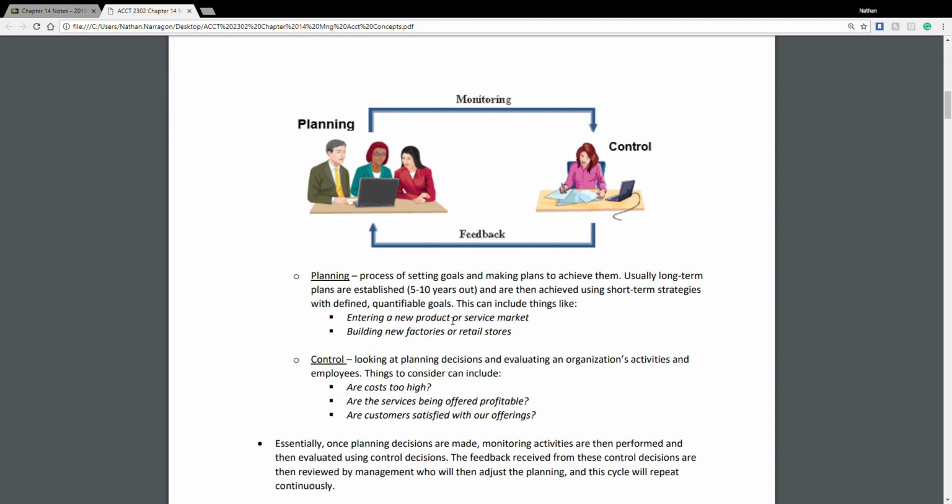Are customers satisfied with our offerings? Now, those of course are more surveys, to see how it goes. But honestly, if you're doing a product and it's not flying off the shelves and it's taking so long that a turtle can beat it in a race, you may want to look at it. Okay? Anyway,